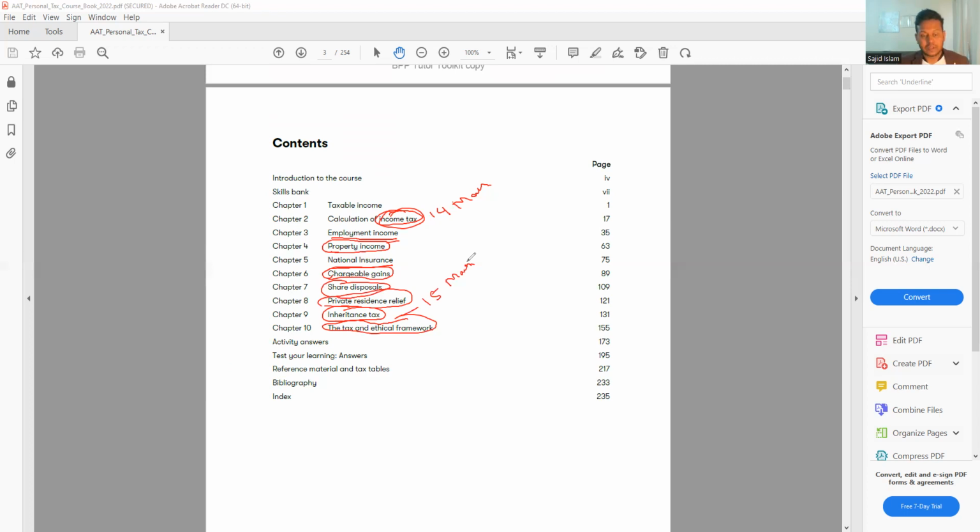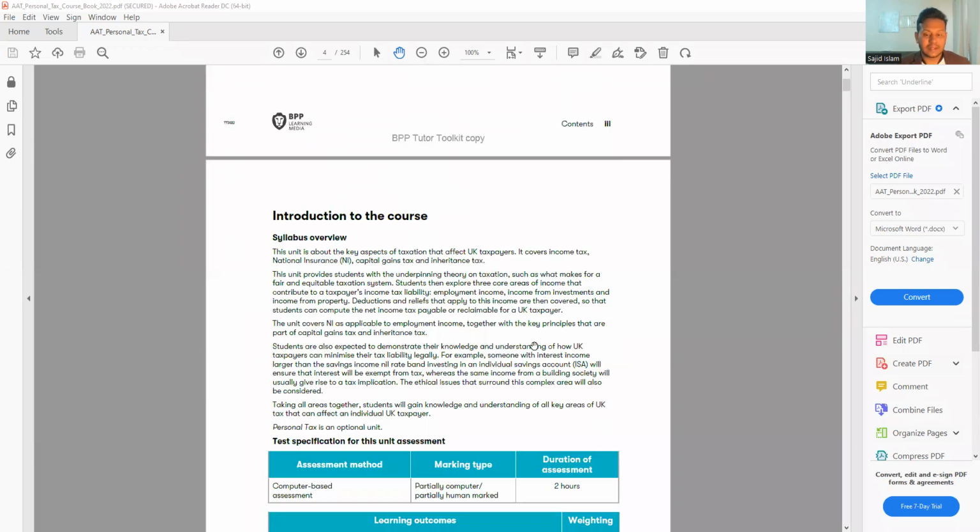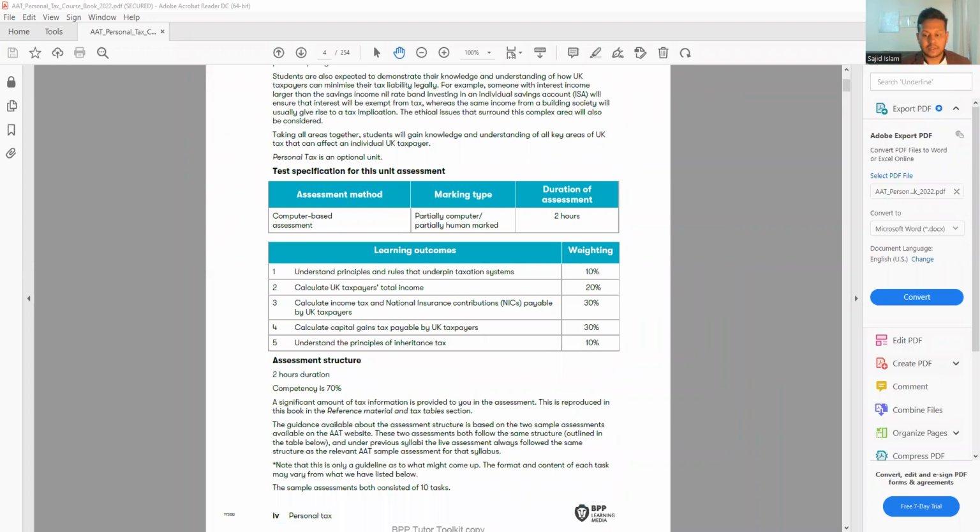All right, now let's have a look at the exam criteria. So the exam will be 2 hours like before, and in the exam, we're expecting 10 questions. So let's have a look. It says the exam will be computer-based. So this is no problem for us. The way we did before, it will be exactly the same. There are no changes for the new syllabus.